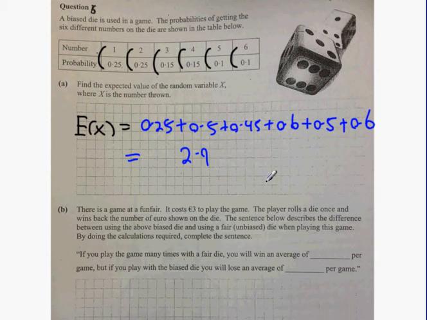There's a game at a fun fair. It costs €3 to play the game. The player rolls the dice once and wins the number of euros shown on the die. The sentence below describes the difference between using the above biased dice and using a fair unbiased dice to play this game. Okay, guys, if you play this game many times with a fair dice, you will win an average